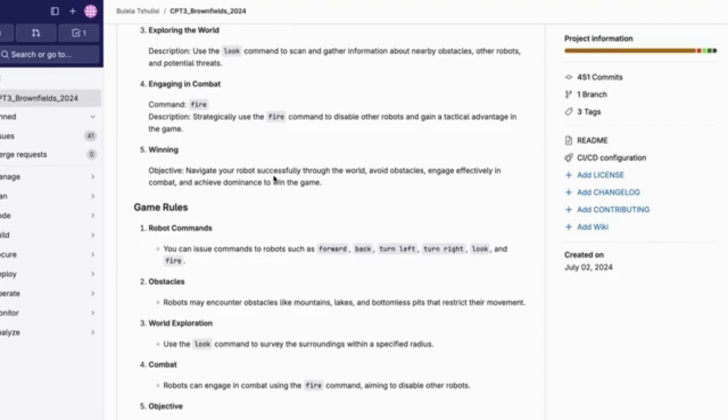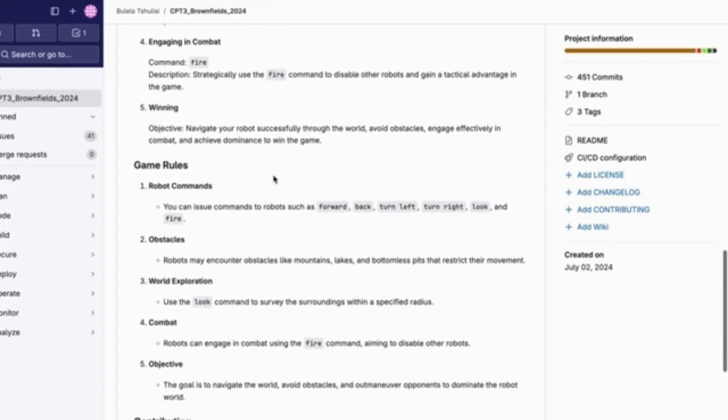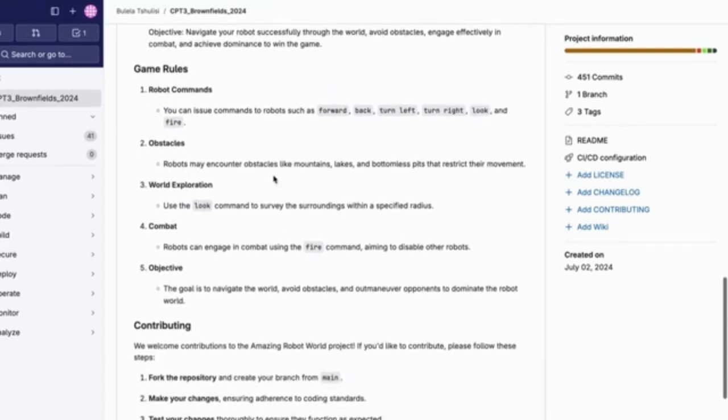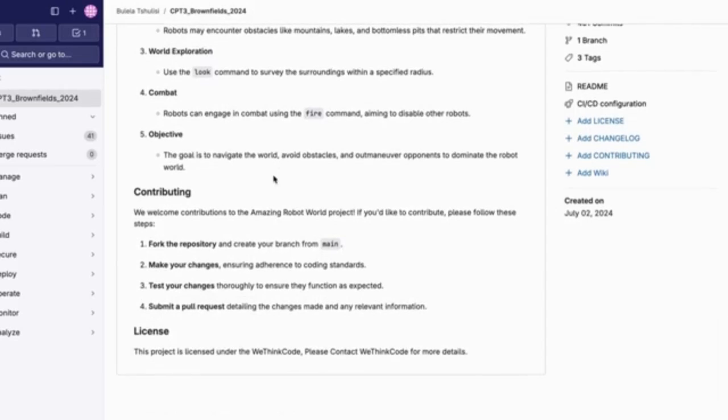And for you to win the game, you have to navigate your robot successfully through the world, avoid obstacles, engage effectively in combat, and achieve dominance to win the game. We have game rules for robot commands, obstacles, world exploration, combat, objective. And we welcome any contributions to the amazing Robot World project. If you would like to contribute, you can follow these steps: fork the repo, make your changes, test your changes, submit